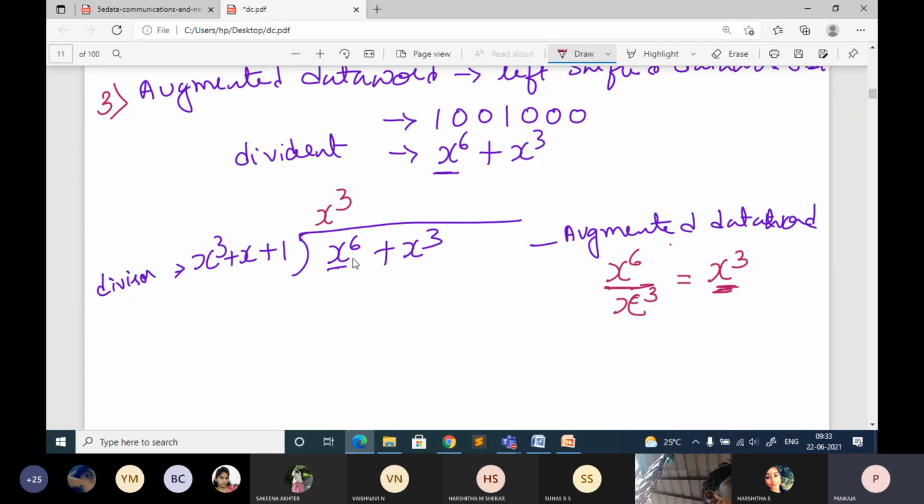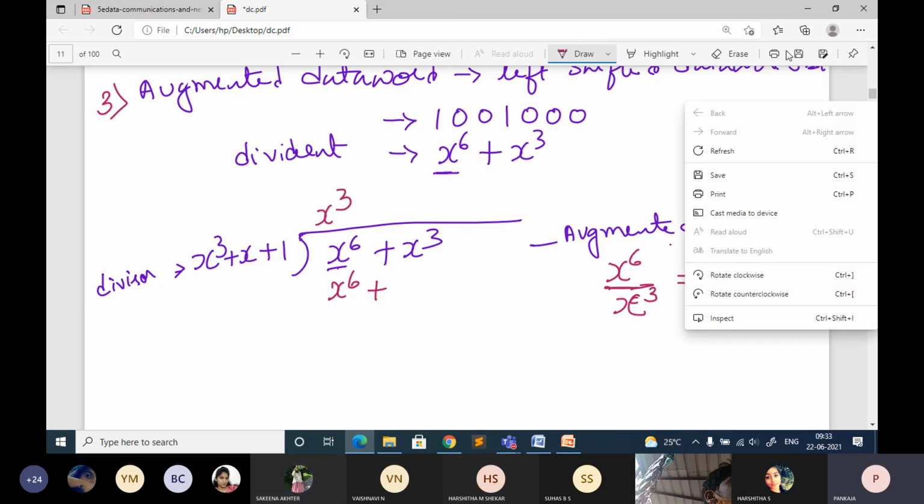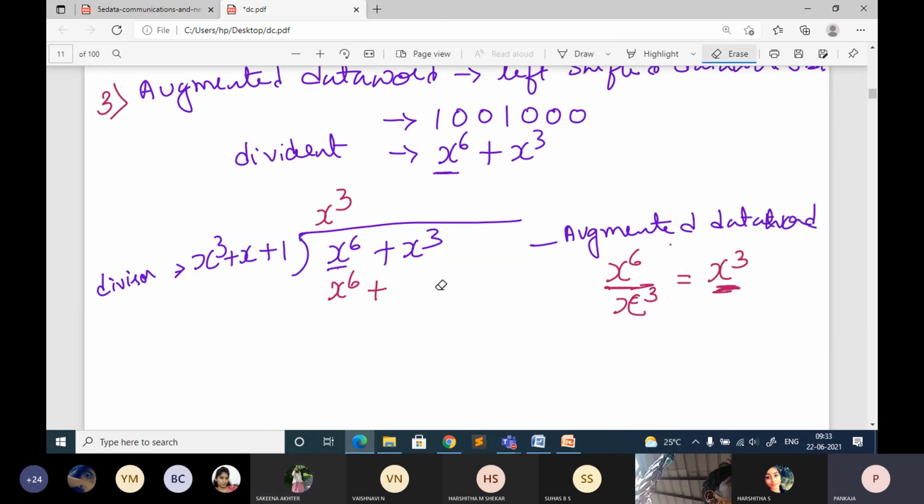So now when I divide the first term of the dividend by the divisor, I am getting the first term of the quotient as x cube. So now take this x cube and multiply with all the terms of the divisor. What are you going to get? Quickly. When you multiply, what are you going to do? X power 6, very good, plus x power 4 plus x cube. Your answer is correct. One minute, just for simplification, I'll leave some space.